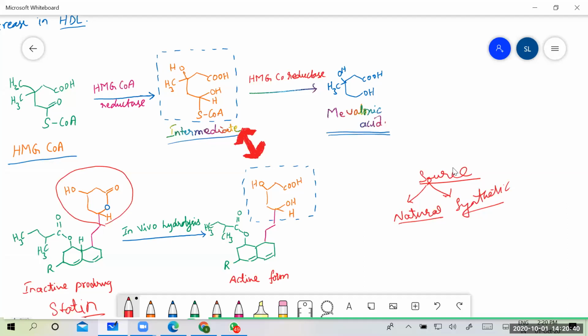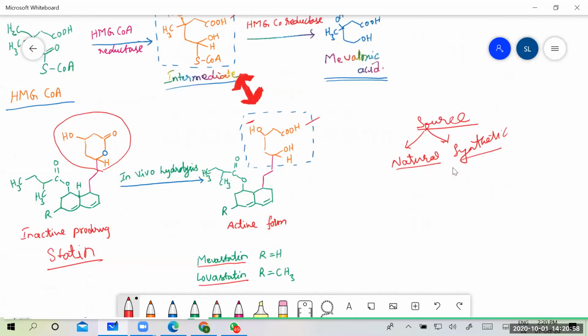You have a carboxylic acid group here, and a carboxylic acid group there, then next to it you have OCH2 and an OH here, and similarly an OH in the starting compound. Apart from that, the OH at the lower end of the carbon is also present, and this is linked to a bicyclic system. So the lactone ring is linked to a bicyclic system using an ethylene, that is a two carbon chain.